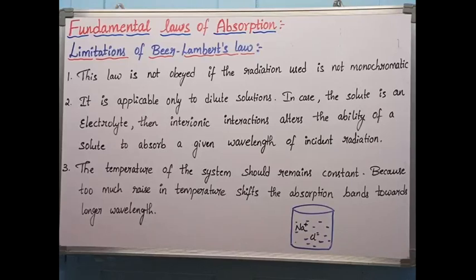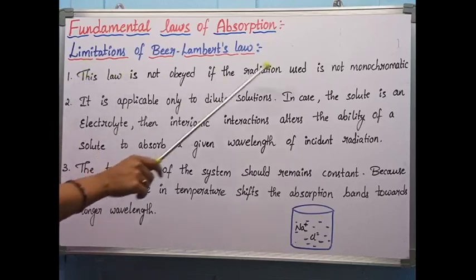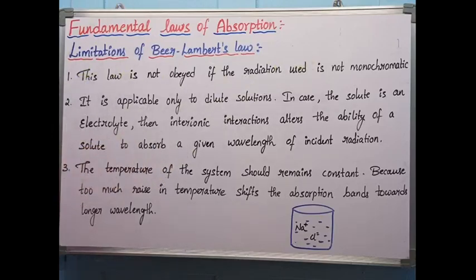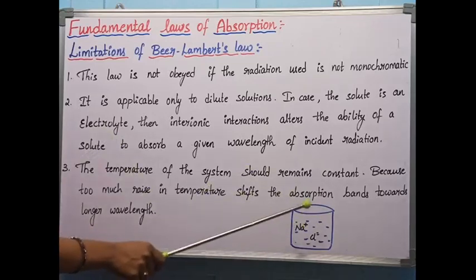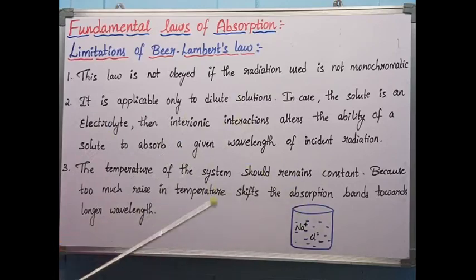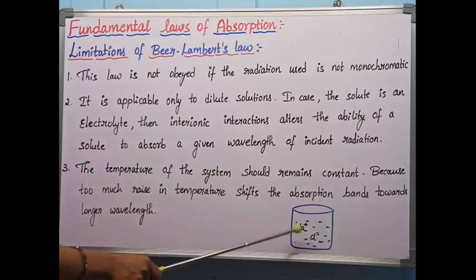Let's see the limitations. Okay, this law is obeyed only when the radiation is monochromatic. That means we should pass single colored radiation through the solution. If I pass dichromatic light, then there is a variation in the Beer-Lambert law. This law is not obeyed if the radiation used is not monochromatic. Next, it is applicable only to dilute solutions. Dilute means you should take a very small concentration of the solute in the solution. If I increase the concentration, it again changes the Beer-Lambert law, because the law depends on both concentration and